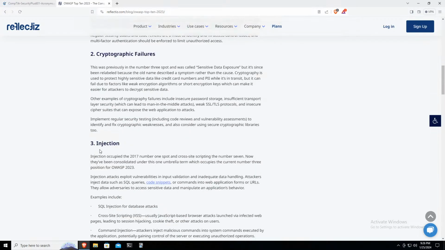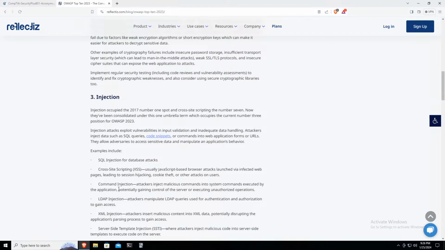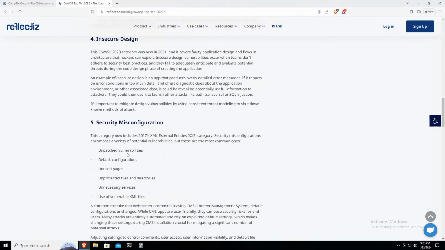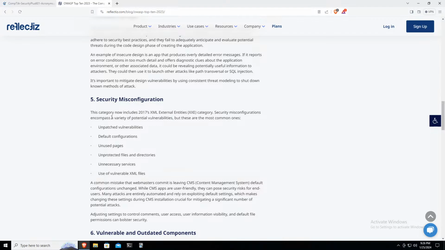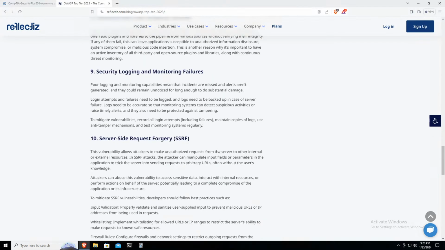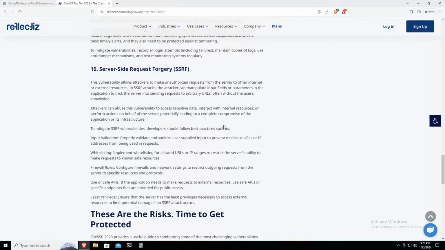Cryptographic failures, injection, SQL injection, cross-site scripting, command injection, LDAP injection, XML injection, server-side template injection, insecure design, unpatched systems, security misconfigurations, unprotected files and directories. You name it. Just a slew of web-based vulnerabilities,